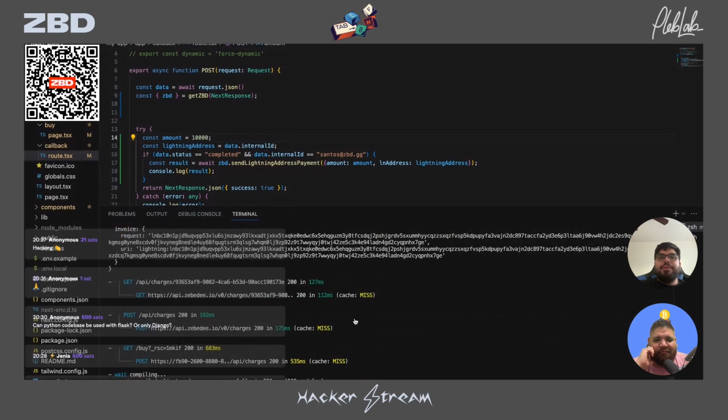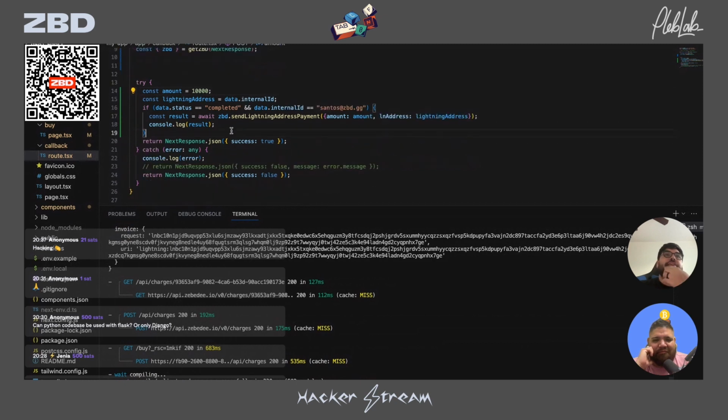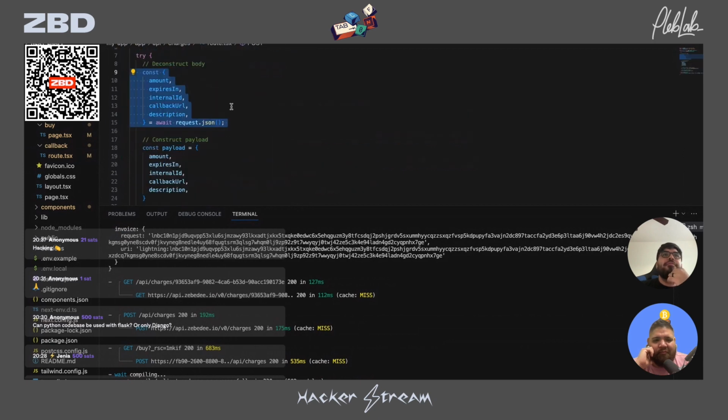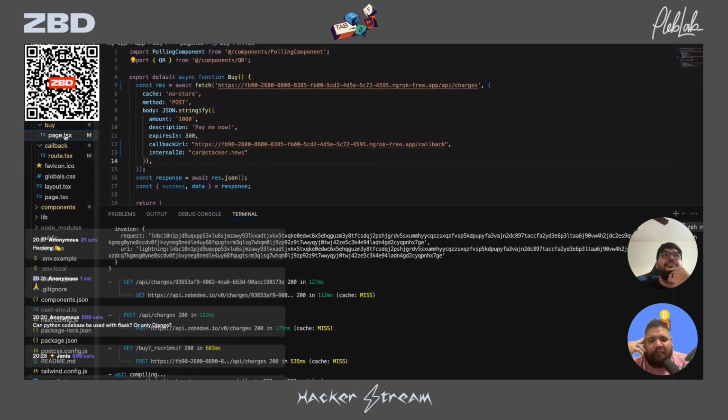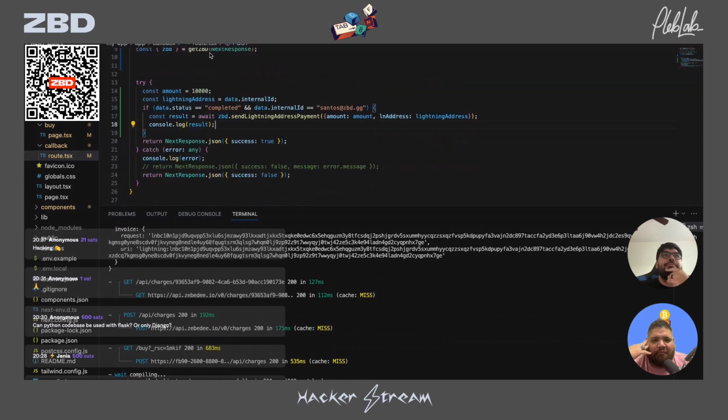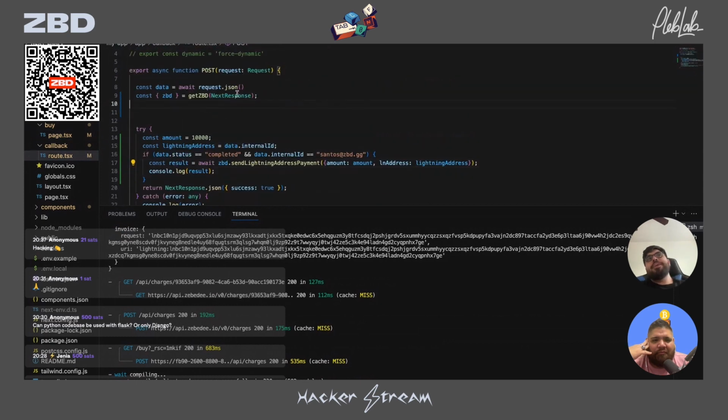All right. So I fixed the code. We have the amount, which is in millisats. So we have 10,000 millisats. We have the data internal ID, which we're passing in from creating the charge on the buy page here. So we're putting in your internal ID. And when we get the callback,